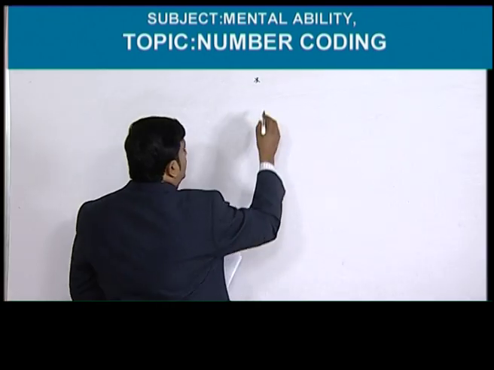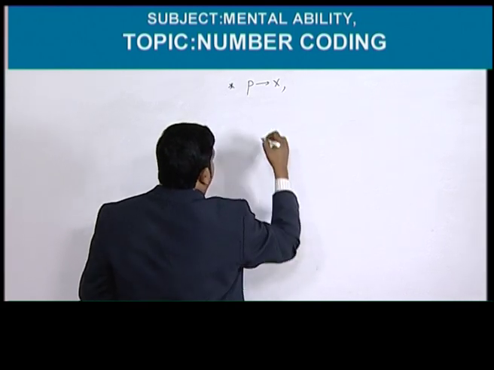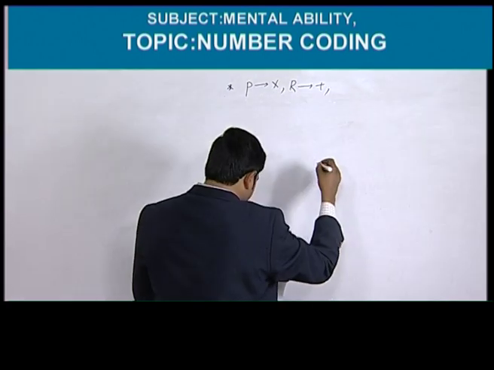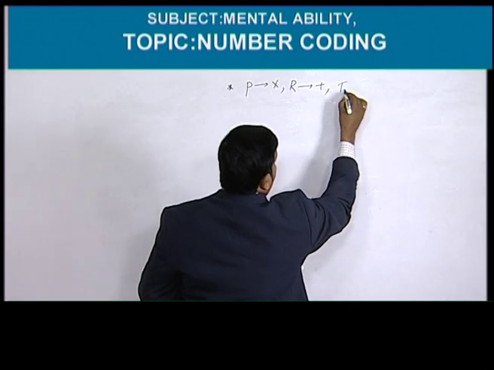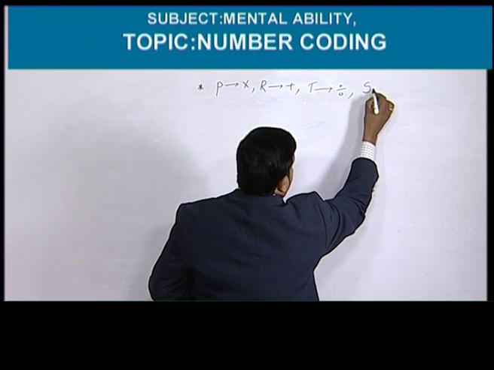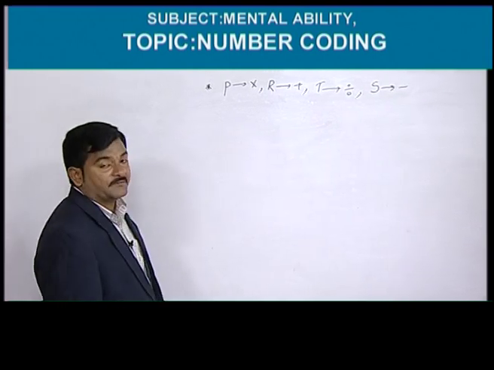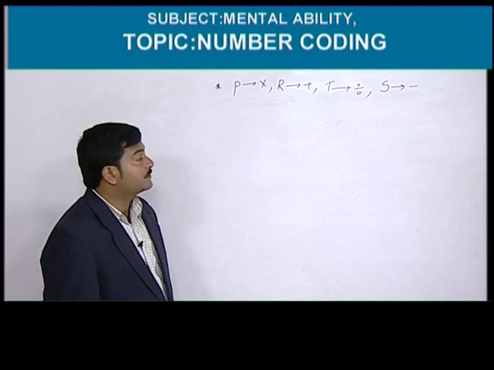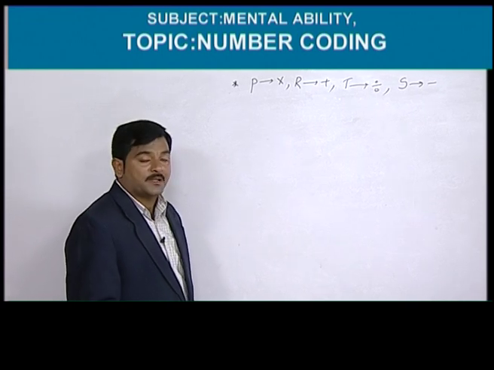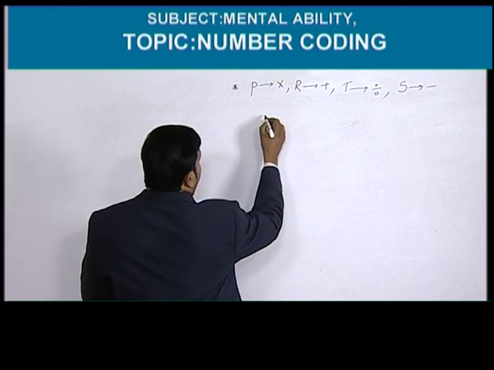In a certain code language, P means into, R means plus, T means divided by, and finally S means minus. I repeat this. In a certain code language, P means into, R means plus, T means divided by, S means minus. Then he asked to find the value of